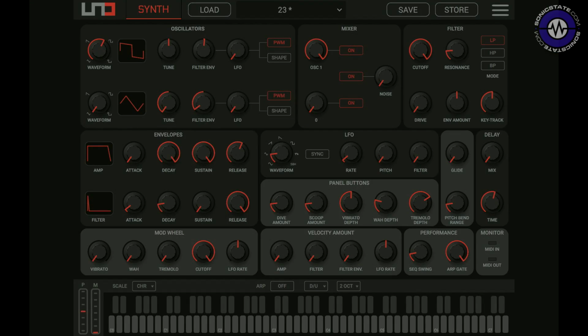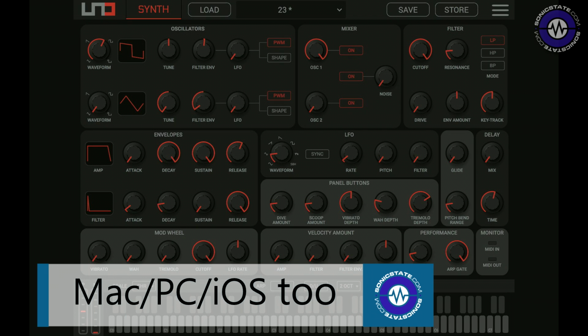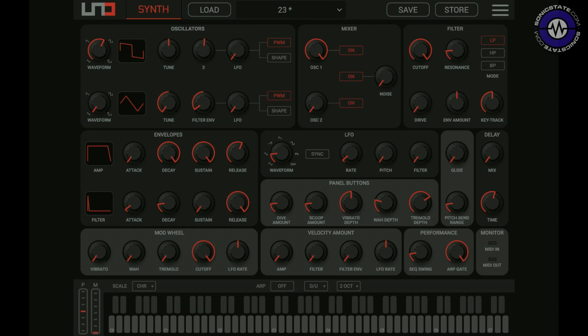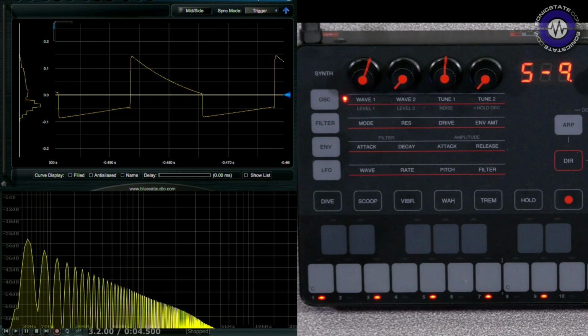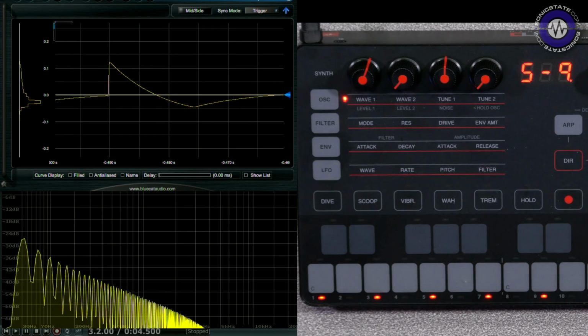But if I come to the editor here, this is running on the Mac, you can see that I've got the ability, these are the knobs that are replicated on the front panel. So we've got the wave shape and the tune, and the level, which is somewhere else. But then we've got the LFO depth, which can either dial into the pulse width or the shape. So we can modulate, look, we're modulating the actual shape of the wave. And I can, as I move it through,